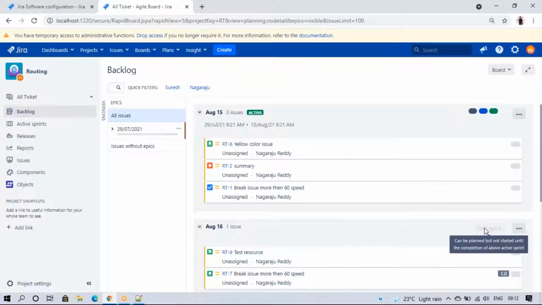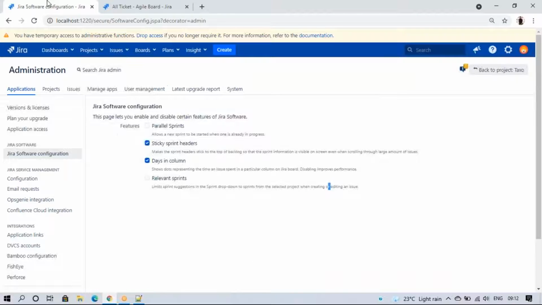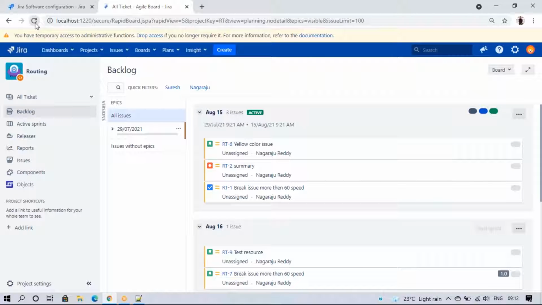Guys, can you see here? The start sprint option is hidden, so we are not able to start it. Suppose my team is different, this team is working here and that team is working there. In that case, if I click on this parallel sprint option and refresh the page, I can see the start sprint here.